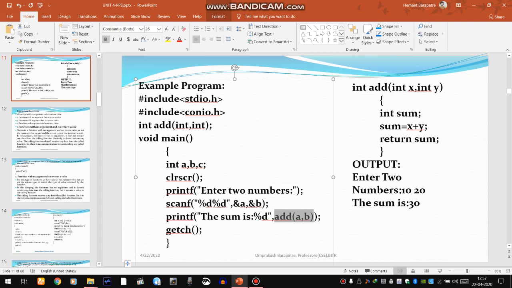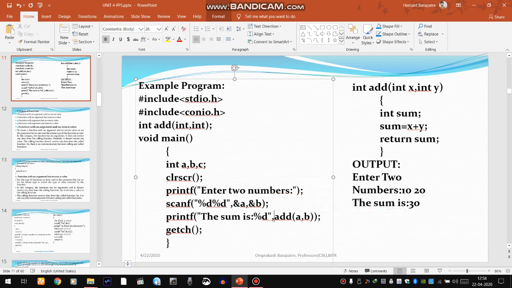Now what are a and b? Here a and b are the two numbers which we want to add. These are the actual parameters, the actual values on which this particular add function will be executing. So a and b are the actual parameters and this is the function call, simply add(a, b). Here the first int data type will correspond to a and the second integer parameter will correspond to b. Both are of type int.